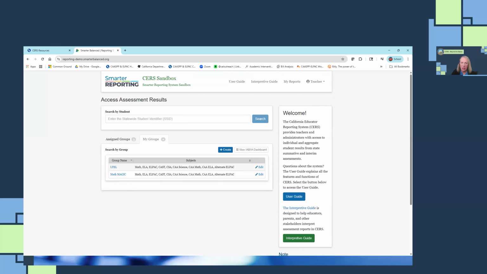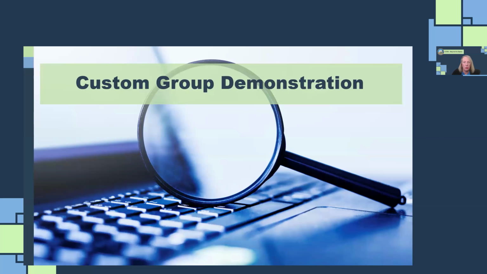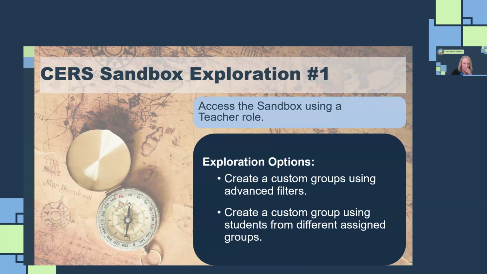Okay, so I've been talking for a long time, and now we are going to go ahead and give you an opportunity. We've put the instructions and the link to the sandbox in your resource guide. And we do ask that you enter the sandbox using a teacher level role. So create a custom group using those advanced filters, play around with it, create a custom group using students from